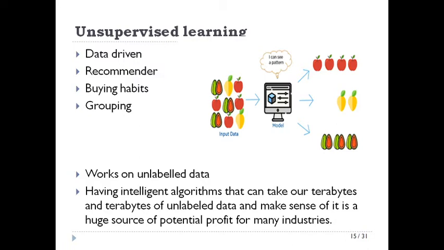But as we progressed on the timeline, as we came from 2010 to 2015 to 2020, we figured out that we have a lot of data. What to do with that data? That data is not labeled. If we sit to label that data, it will take a lot of time, a lot of processing, and we have this resource, raw material. How can we put it to use? So then this unlabeled data and working on unlabeled data came into the picture.